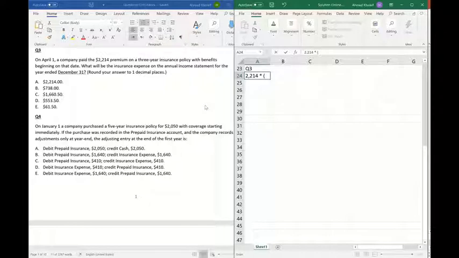The company benefits from the insurance from April 1st to December 31st in the first year, which is around 9 months: April, then May, June, July, August, September, October, November, and December. So this is 9 months out of 36 months. This means the amount of insurance expired or used